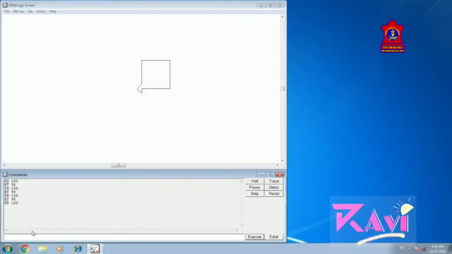Okay, now we need to hide the turtle. What will you do? We will be using HT command, hide turtle command, HT enter, and see the turtle is hidden and your square is available here. So like this you can draw different shapes. You can make a house as well. Okay, so this is very much important. This is one of the very important steps. This is a basic step in the field of programming. Okay, so with this the chapter is over. You can try making shapes, figures using this. Thank you all of you.